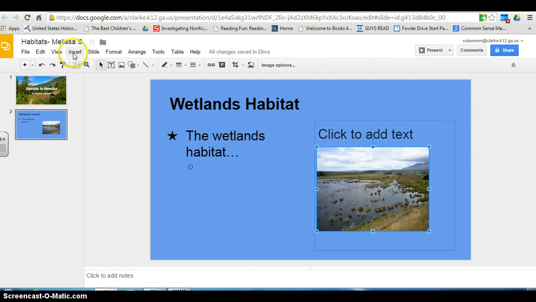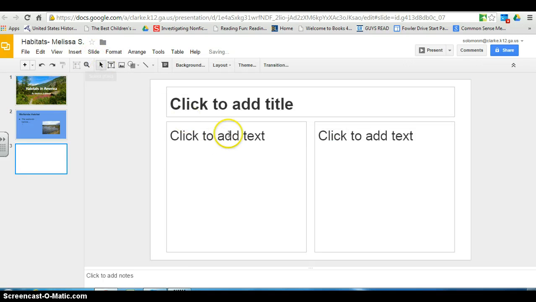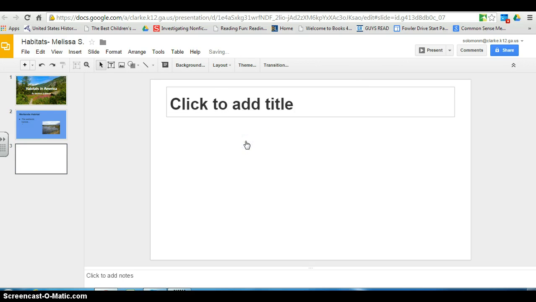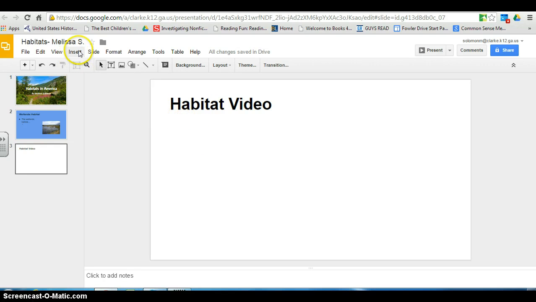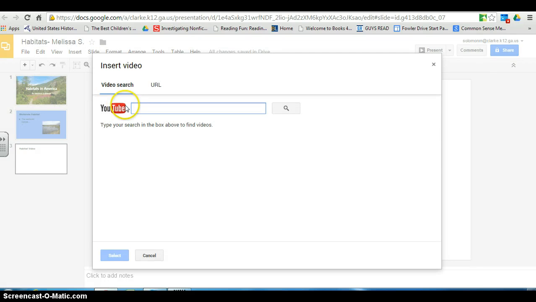If I want to insert another slide, I can come back up here and insert a new slide. If I want to change the layout again, I come up here to layout, and this time I think I'm going to just choose a title only because I want to insert a video about habitats. Okay, so I type in my title, and then if I want to insert a YouTube video, I can come up here to insert and video. I can search YouTube,